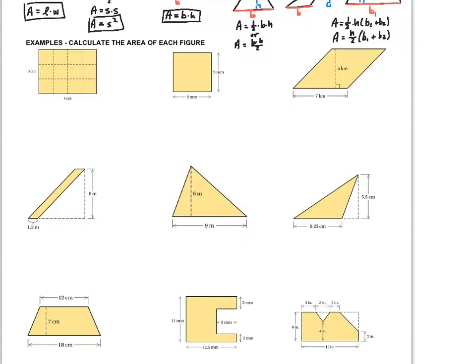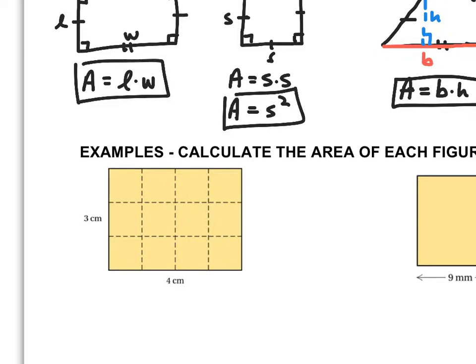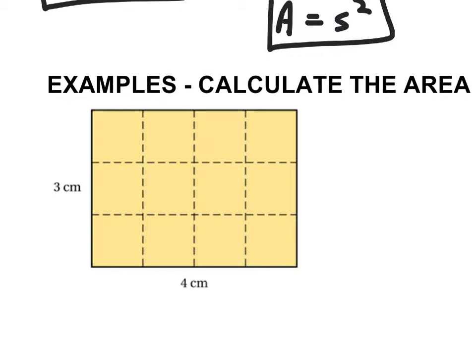Okay, so let's just jump right in here. And the first example should hopefully kind of clarify, you know, what the concept of area really is. And what I have is I have a rectangle, okay? And this rectangle is a 3 by 4 rectangle, okay? So if I wanted to calculate the area of this,